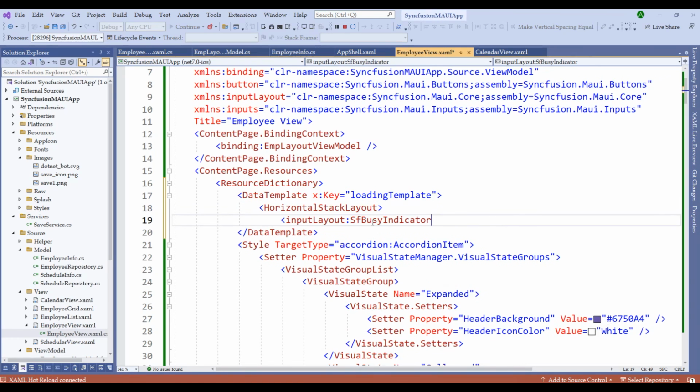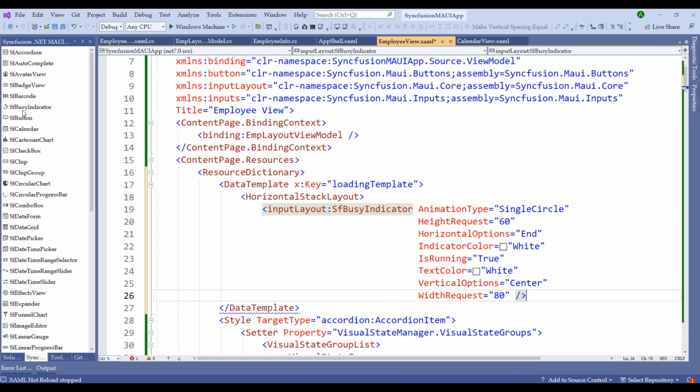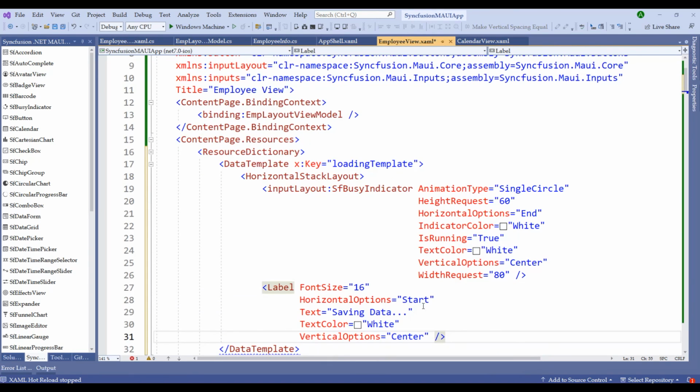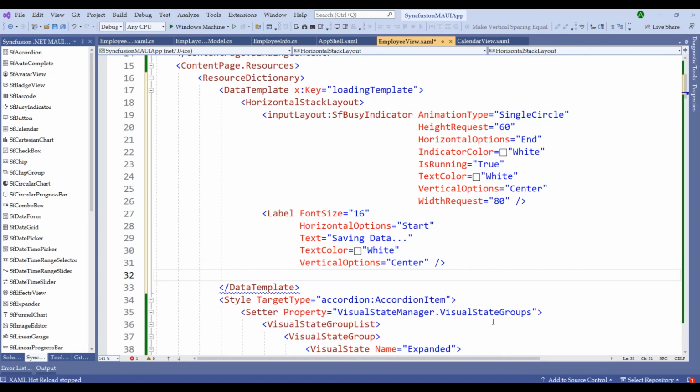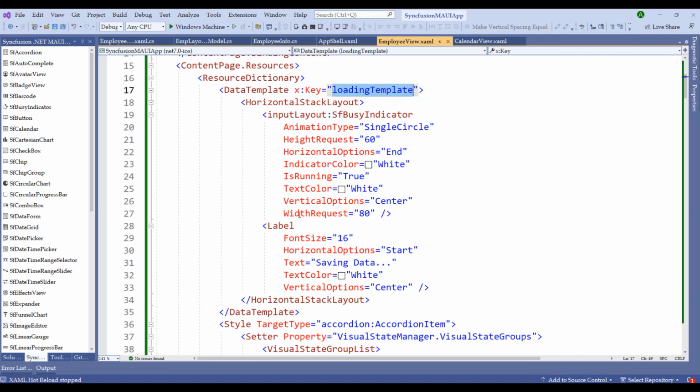Let me add a horizontal stack layout, and let me add an SF busy indicator. You can pick up the SF busy indicator from the Syncfusion control box. Once you drag and drop that, let's add another label called saving data. That means when we click that button, we are going to show a label called saving data, and then let me close this horizontal stack layout over here. That's it. We have defined the template.